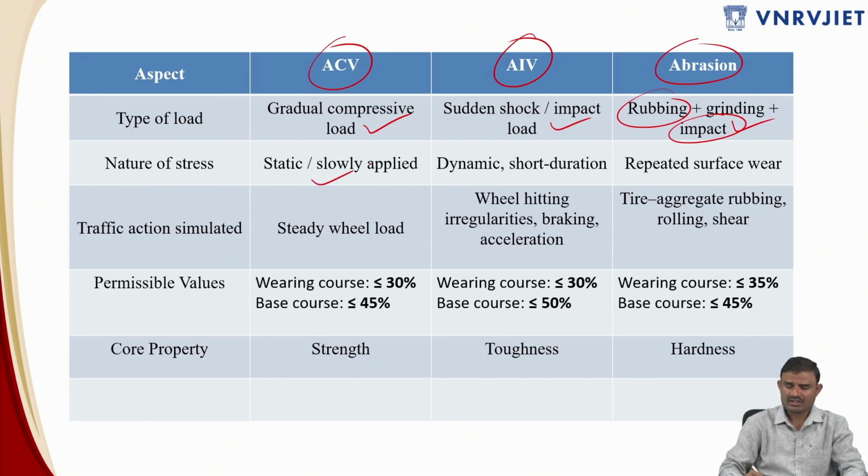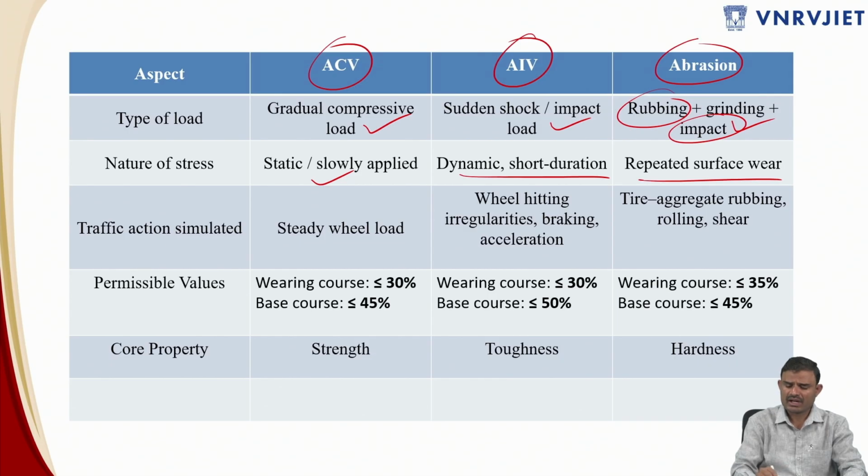The nature of the stress is static load, or slowly applied. Even though it is gradually applied, it is very slowly applied, at a rate of 4 tons per minute, such that we attain a value of 40 tons. This one is dynamic, and we apply a number of blows as soon as possible in a short duration, and this is a repeated process, which will be subject to rubbing action between aggregates and steel